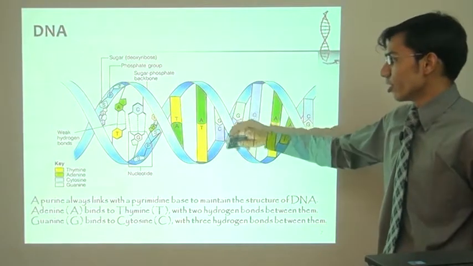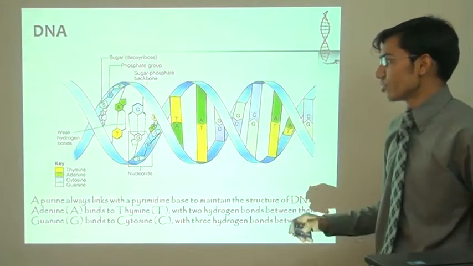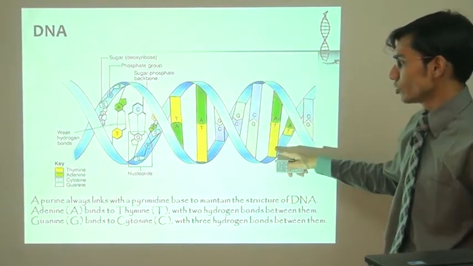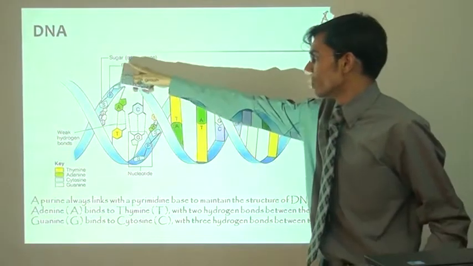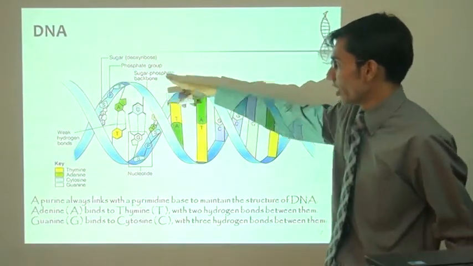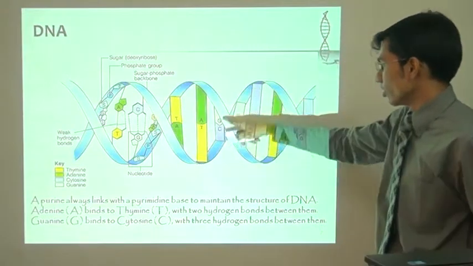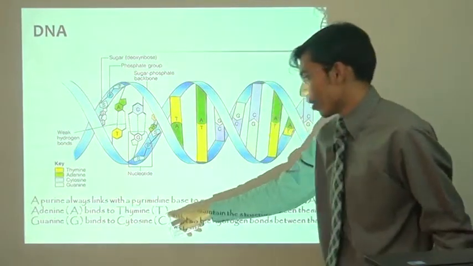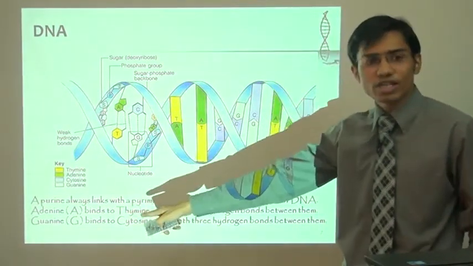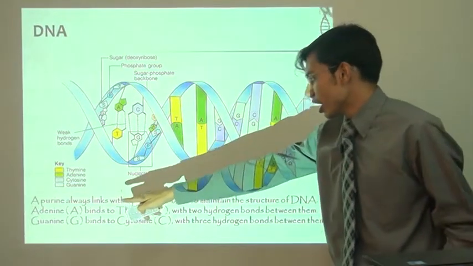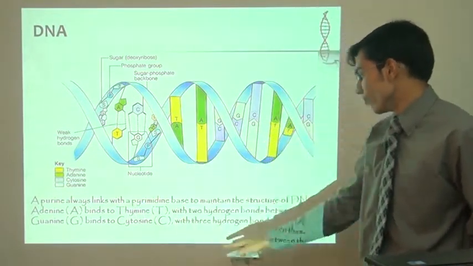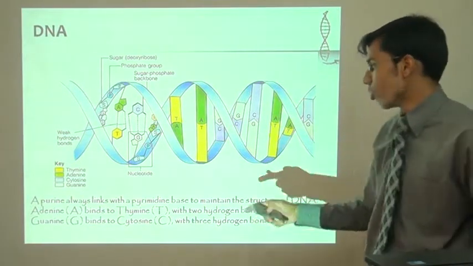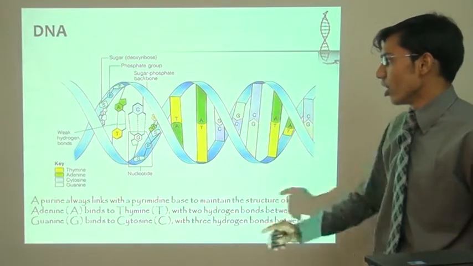And here we are going to explain the DNA structure. DNA, as we have said, is a double helical structure. There are two strands of the helix. It contains a sugar phosphate backbone, which is shown in this blue line. It is made up of adenine or thymine bases, or guanine or cytosine bases. Adenine binds to thymine with 2 hydrogen bonds, and guanine binds to cytosine with 3 hydrogen bonds between these two strands.